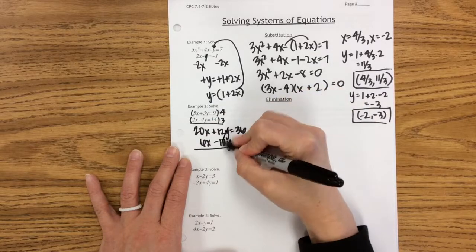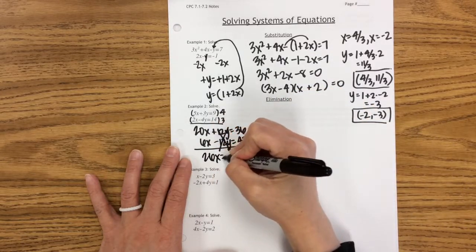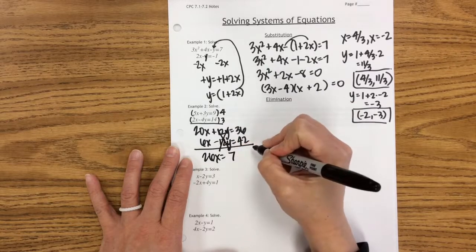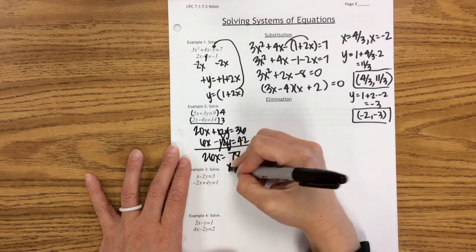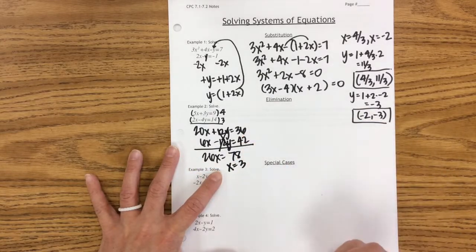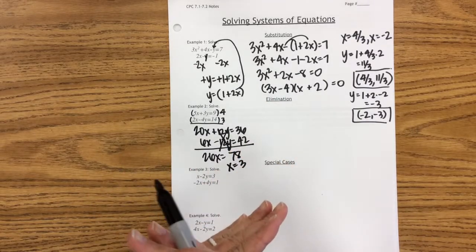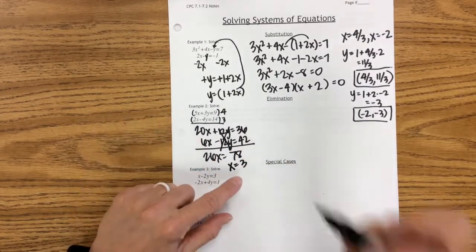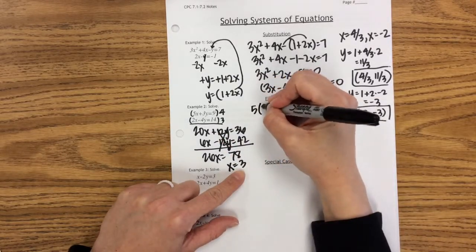Now when I add them together, the y's will be eliminated. I get 26x equals 78. Divide both sides by 26, and I get x equals 3. So there's only one solution on this one because these are two linear equations, two straight lines, so there's only one place where they meet. I'm going to take the x and plug it back in for x into either equation. I'm going to choose the top